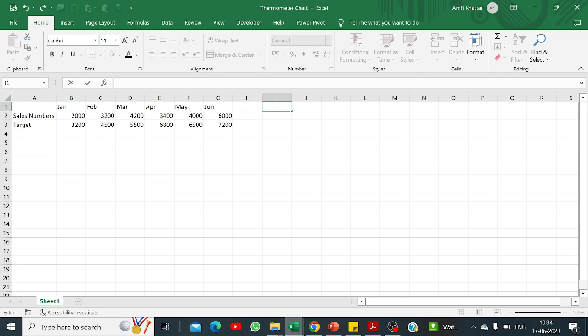Hi all. So today we are going to look at how to create a thermometer chart for data. Let's say I have data in front of me in the form of sales numbers from months January to June, and I also have the respective target numbers. So firstly, I'll select this data,